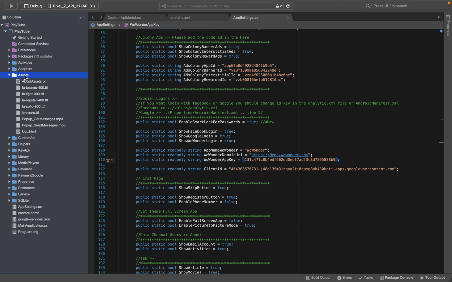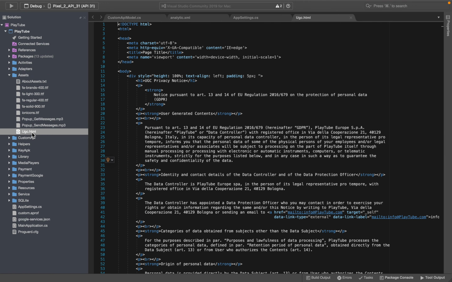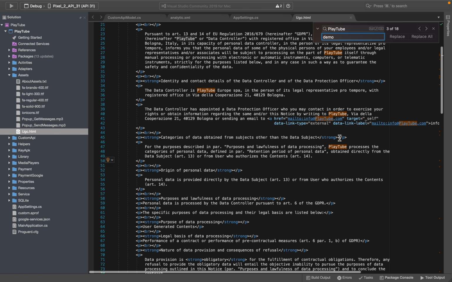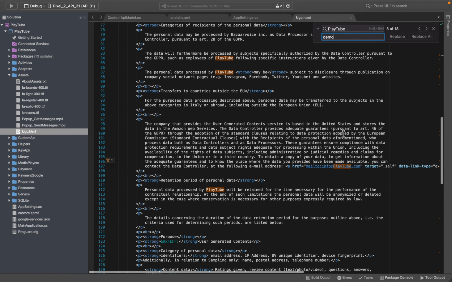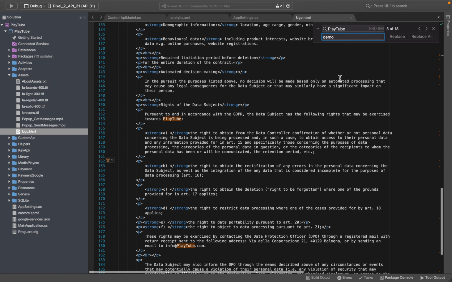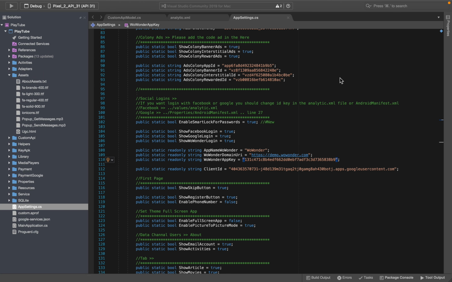I think there's nothing. Yeah, there is this UGC policy. So you need to replace this UGC policy. You need to replace your application name with this. So, for example, if my app name is demo, then I'll just write demo and replace it in all these places. So you need to check your email address. If it's the same, info@demo.com, then it will work. If it's not the same, then you need to put your proper email address over here as well. So I recommend that you go through this file once and then create the application. So once everything is done,